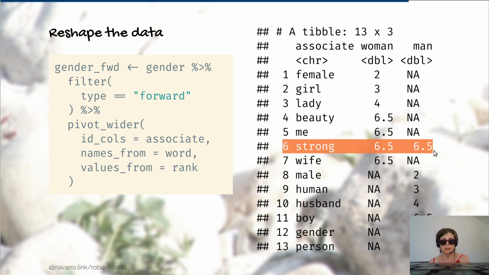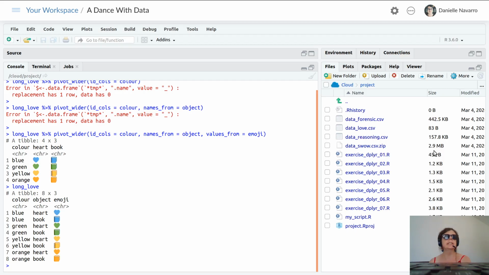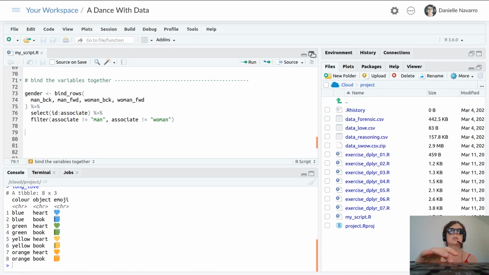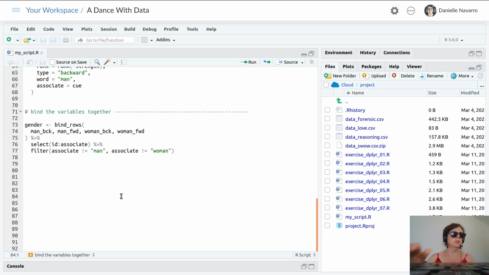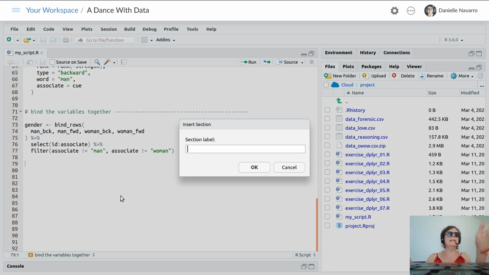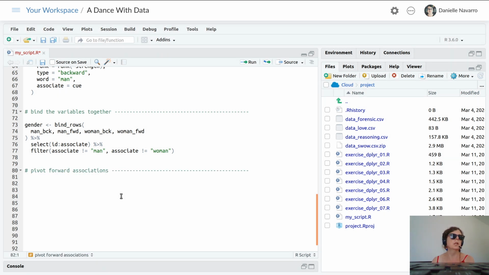Okay, so again sticking to my previous practice, I will try to do this in the script. Again I will create a section, remembering to use my keyboard. So let's go, where will we go? Pivot forward associations. Okay, so we're going to go gender,